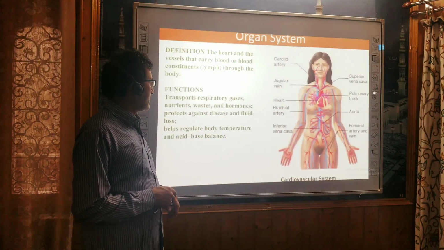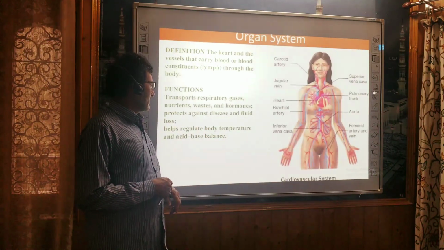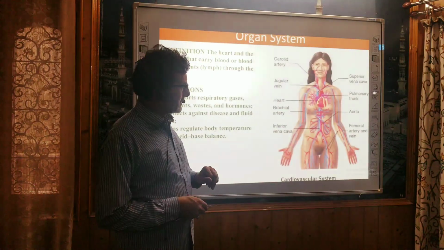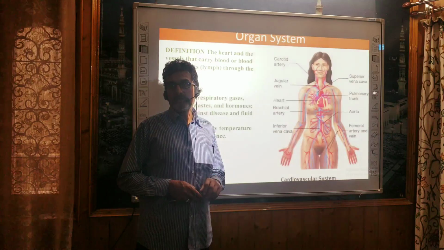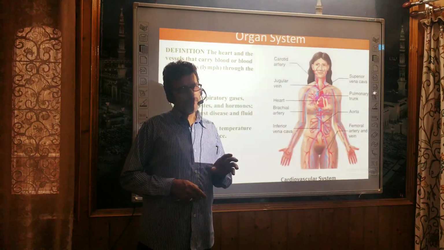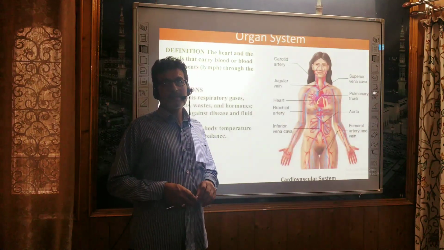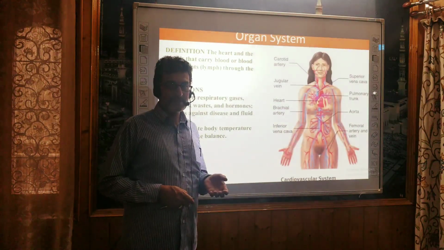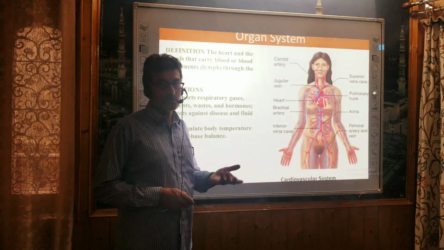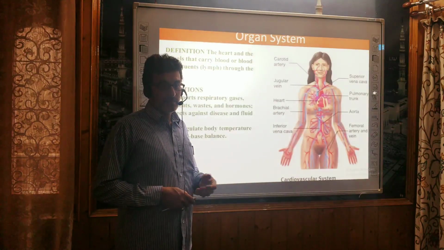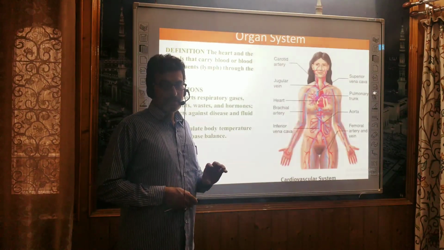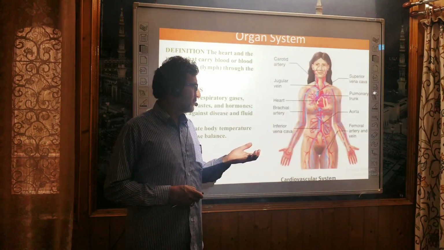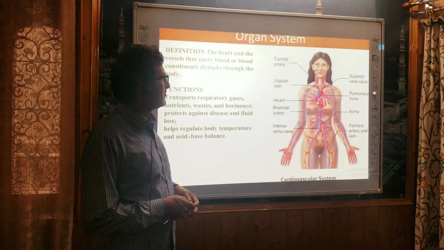Protects against disease and fluid loss. Our blood has two types of cells, RBCs and WBCs. RBCs are the simplest cells, whereas the WBCs are considered immune cells, having living, motile cells: lymphocyte, basophil, eosinophil, monocyte, polymorph, thrombocyte. Those cells protect us from different foreign bodies, viruses, bacteria and chemicals.